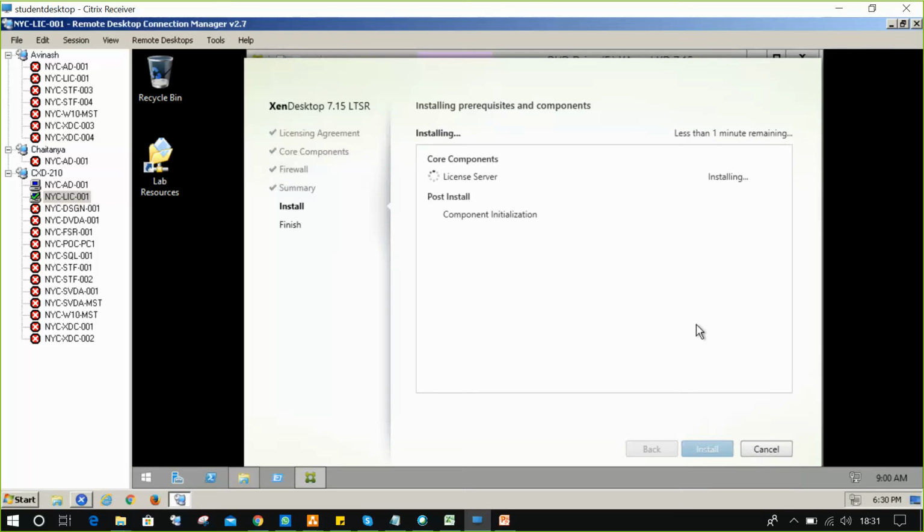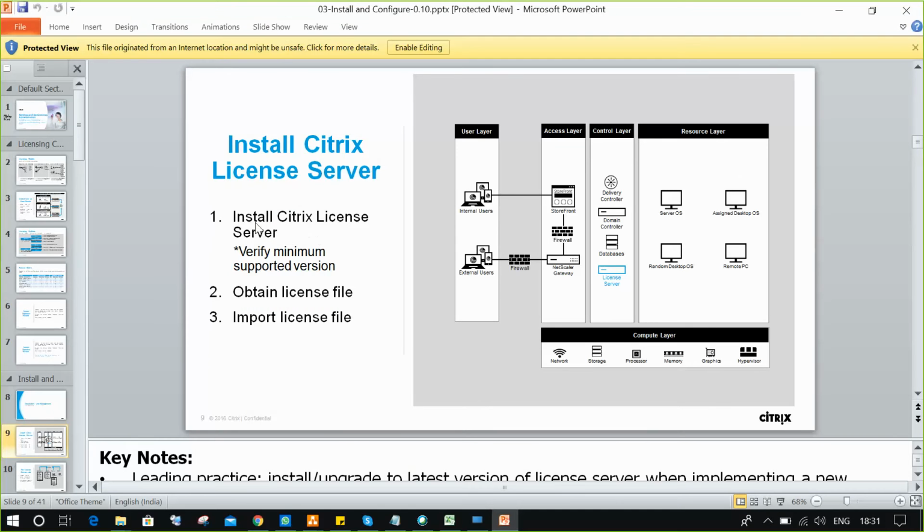It may take at least one or two minutes to install the license server. Then we'll wait. Very easy installation. So the first step is completed: install Citrix license server.